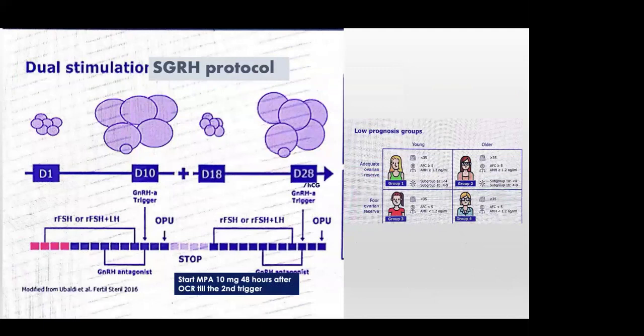We adopted this, modified from Ubaldi's stimulation protocol from 2016. What we changed was that we stimulated the patient on the antagonist protocol only, gave her a GnRH agonist trigger and did an OPU. And after 3 days, we started the second stimulation, but this time we did not use an antagonist, we used progesterone. The progesterone we used was medroxyprogesterone acetate, but we've already discussed in the PPOS protocol that you can use